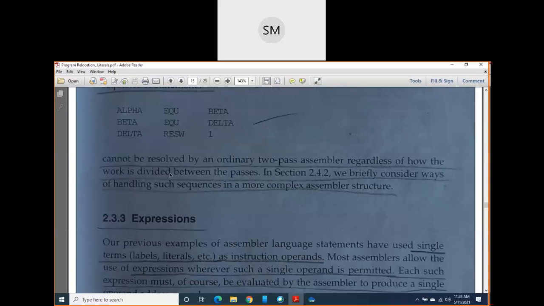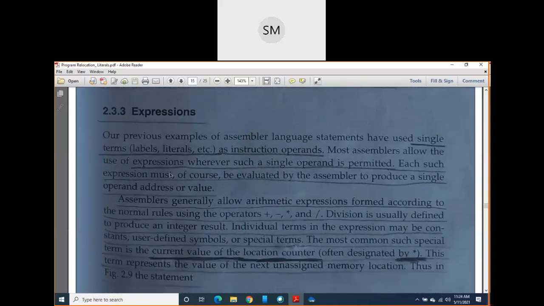These are the restrictions or conditions we have put on origin and equate. You should take care of these things when you write the equate and origin assembler directives. In total, around 9 assembler directives we have studied: start, end, reserve byte, byte, reserve word, word, and base, no base. In the previous class I discussed literal org, lt org, and today I have discussed equ, equate, and org, origin. Next I am going to the next topic, that is expressions.